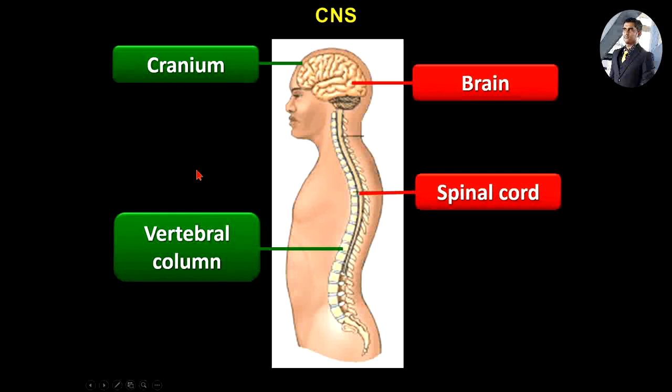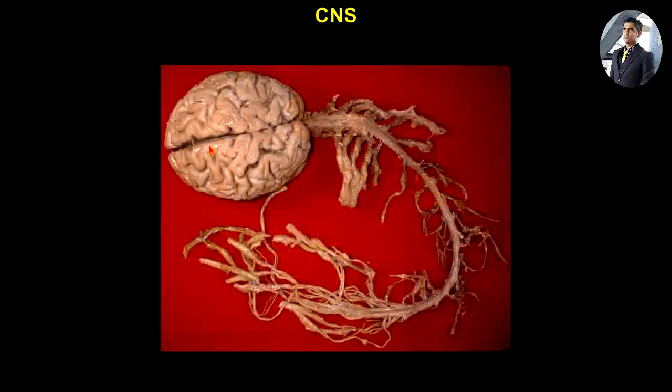If you are lucky enough to see the actual central nervous system, this is how it is supposed to look. It has almost an alien kind of appearance, but what you see here is the brain, and extending downward from the brain is the spinal cord. All of these structures extending outward from the spinal cord are the spinal nerves, which we already explained